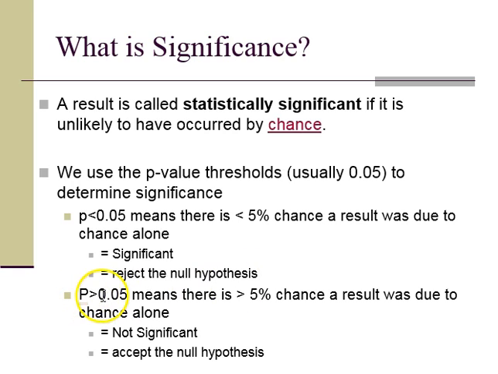If, on the other hand, we come up with a p-value that's greater than 0.05, that means there's more than a 5% chance that whatever result we got happened just because of random variability, just because of chance alone. Okay, this is not a significant result, and therefore we have to accept the null hypothesis that it's likely there really is no relationship or no difference. Okay, so this 0.05 again can vary depending on your test and the power of your test, but it is a pretty standard threshold, and we're basically using that threshold to figure out, well, is it likely or unlikely that the result I have occurred just because of chance?